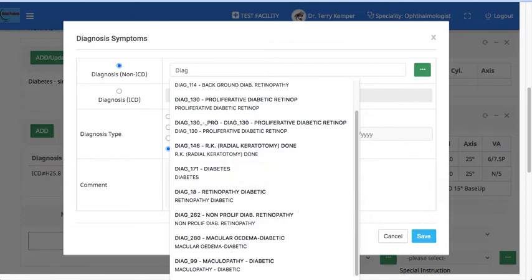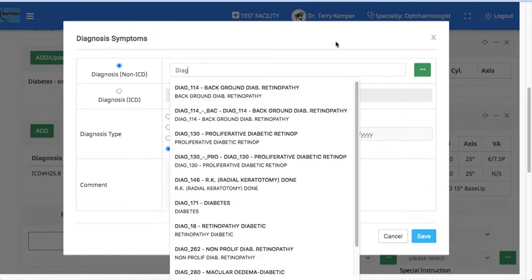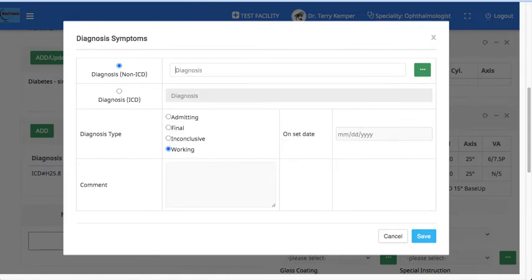So this list can be built upon as required by the doctor, thus eliminating the need to type in every time a new patient comes in and saving time.